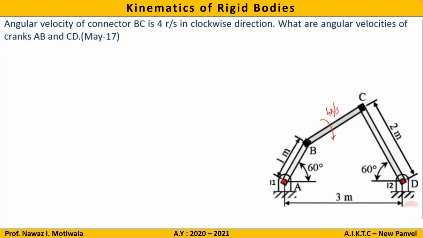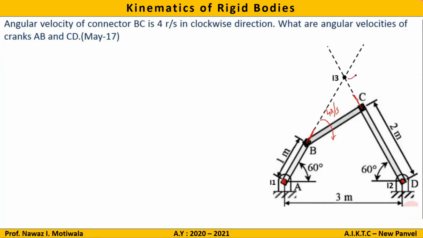For link BC, either you go by the direction of velocities, or I have given you a shortcut. What you need to do is just extend the links which are hinged. This link is hinged, so I will extend this. And similarly, this link is also hinged, so I will extend this in this direction. On extending both the links, I will get the meeting point as this, and this will be termed as your ICR for link BC.